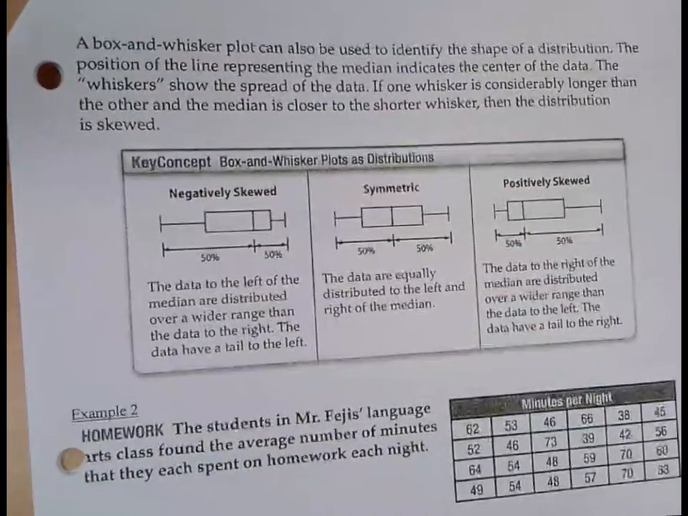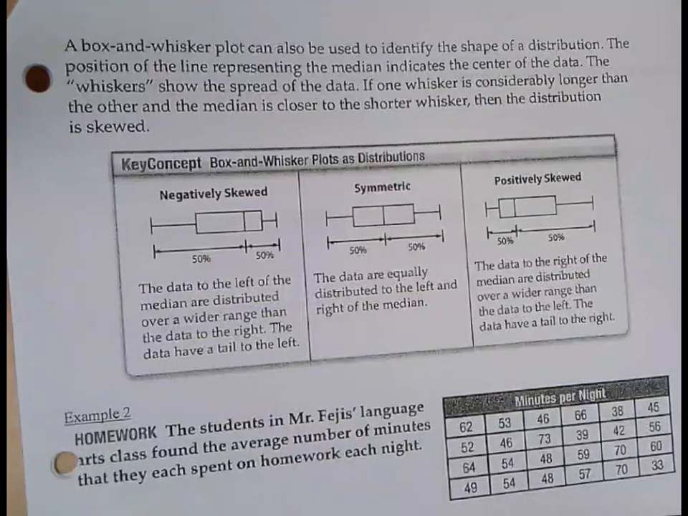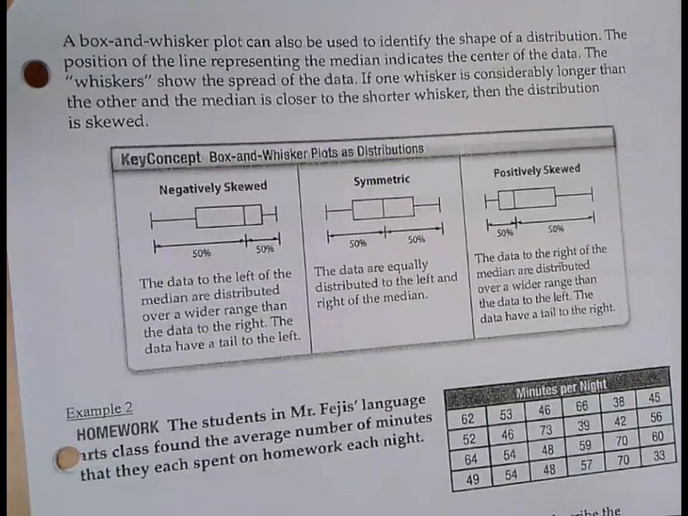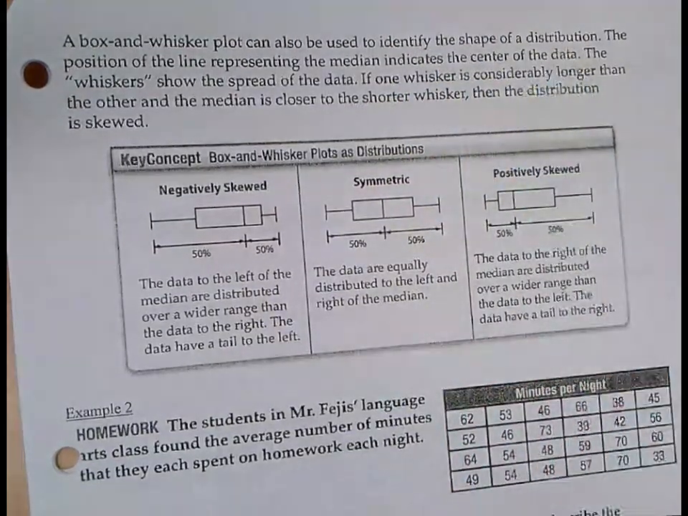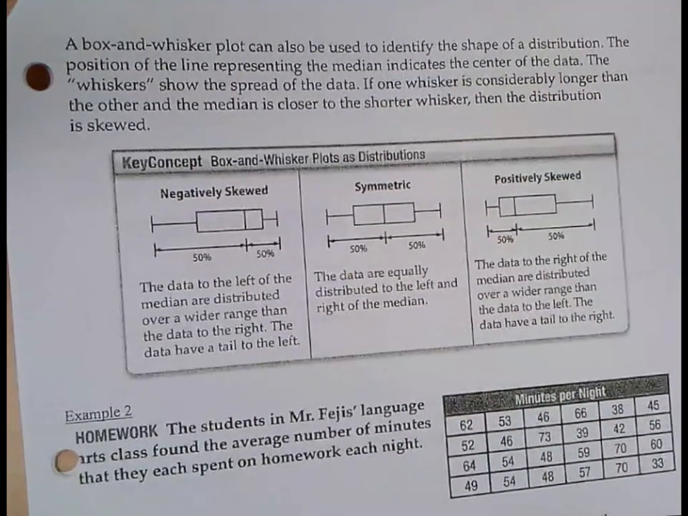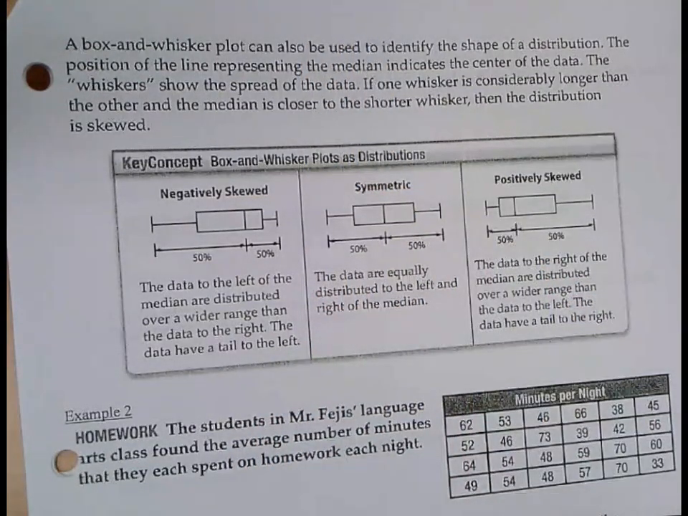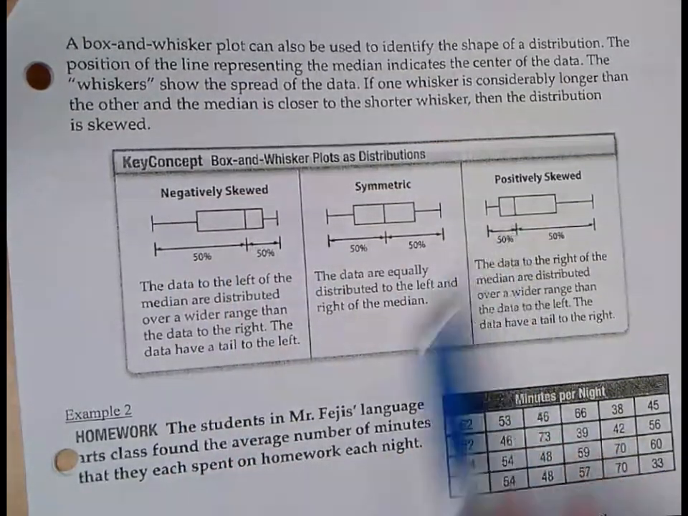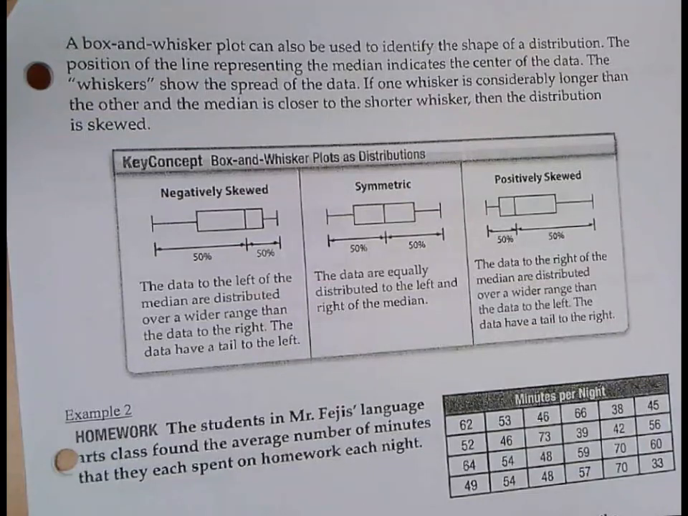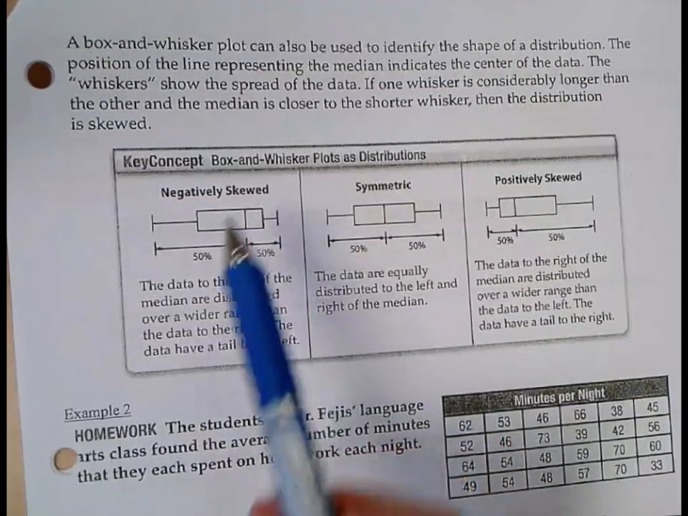this next example. This is with a box and whisker plot. So rather than making a histogram, your calculators can graph box and whisker plots. These can also be used to identify the shape of a distribution. Have you made box and whisker plots before? Okay, so at least looking at this, it doesn't look totally unfamiliar to you. So in looking at this,